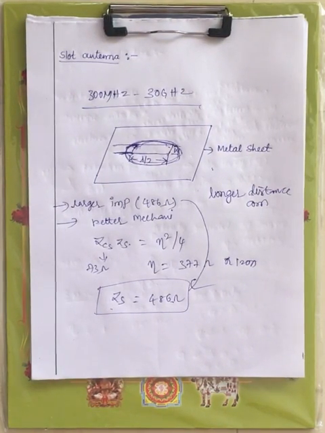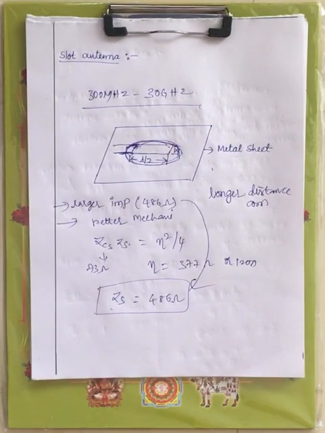A horizontally placed slot creates vertical polarization. If you want, you can refer to your EMI notes. Because of this vertical polarization, what happens to its attenuation? It provides less attenuation and better mechanical stability. That's why the slot is always placed horizontally. You can go for horizontal or vertical, but among the two, horizontal placing of the slot is preferred. Now this is used for radar navigation purposes, for transmitting radio waves.